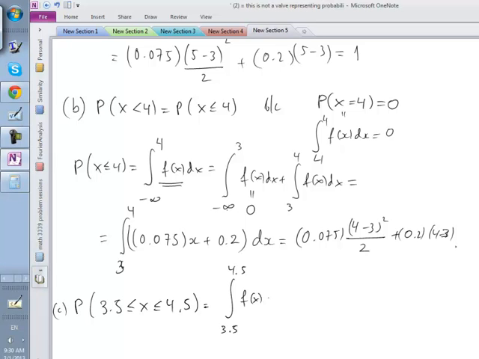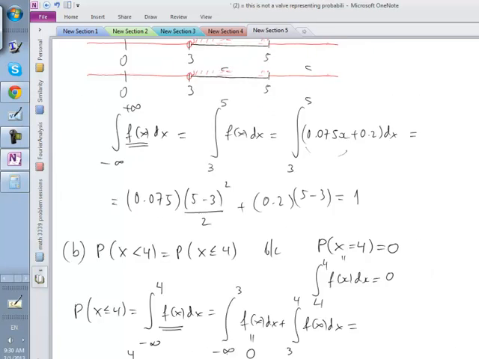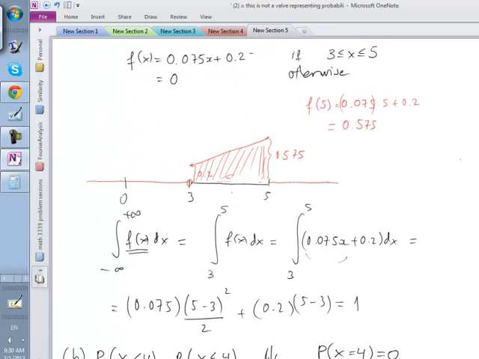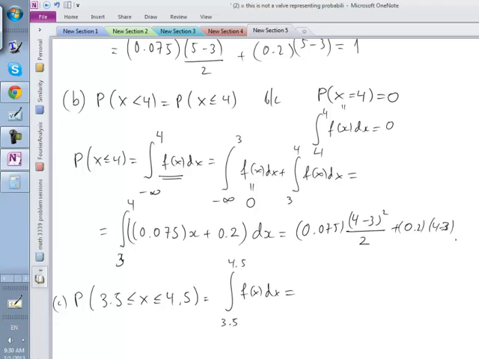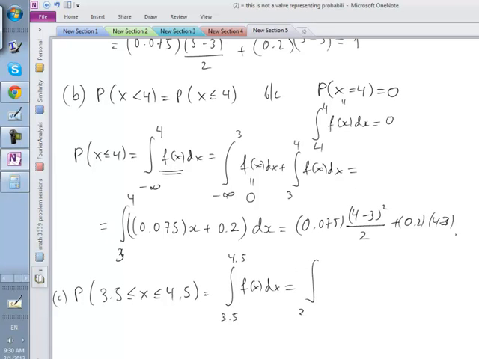Always put f of x dx and then do the replacements. 3.5 and 4.5 are between 3 and 5, so I can immediately replace the function with what I have been given,